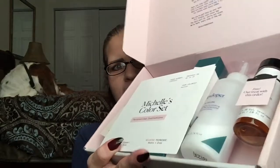the color the first time I was just absolutely hooked because it stays on so much better and it's so deep and rich and pretty compared to some of the boxes I was using from the drugstore. So anyway, I'm going to show you my box. This is what the current box looks like because they sent me something extra this time. I just had them tweak my hair color again for fall. I had them add some red back in, a little extra red compared to what I normally use. And so they sent me this extra